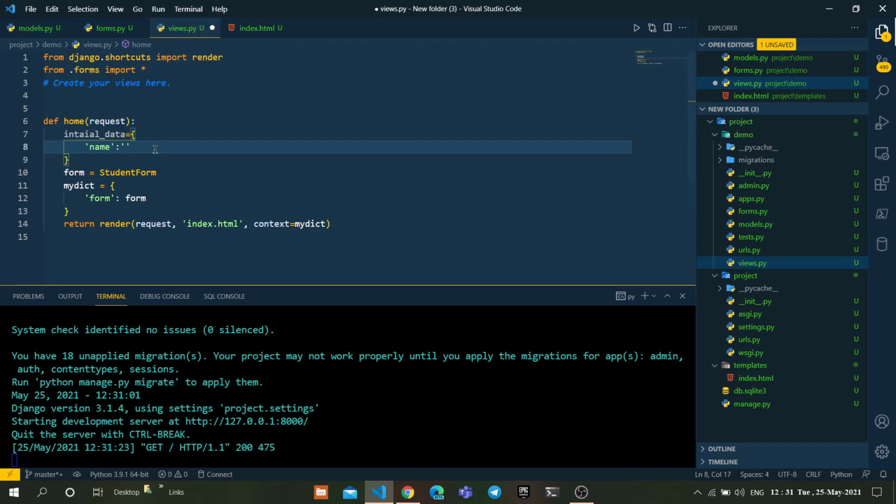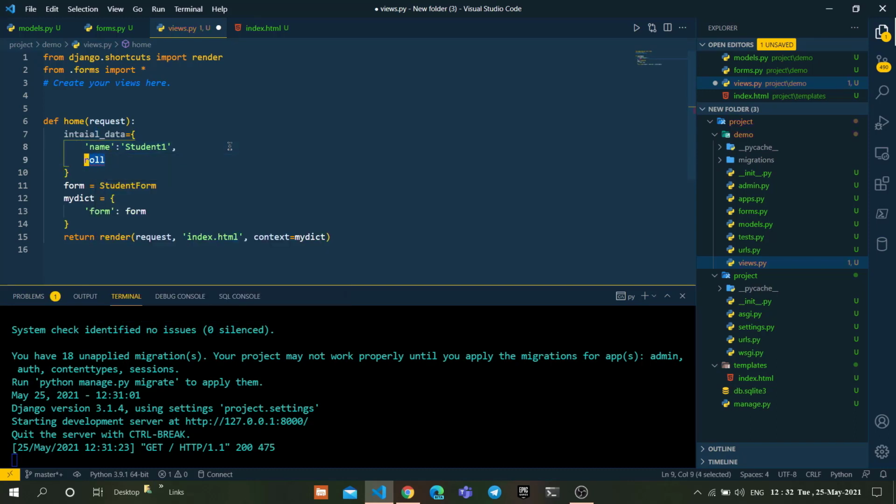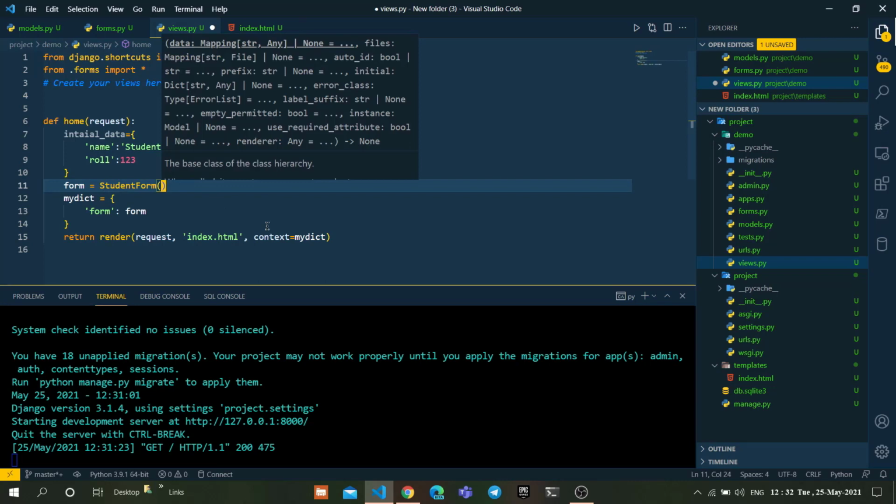Here you can give the initial value, some dummy name, student1, which I want to show as the initial value. And the initial value for roll is 123.